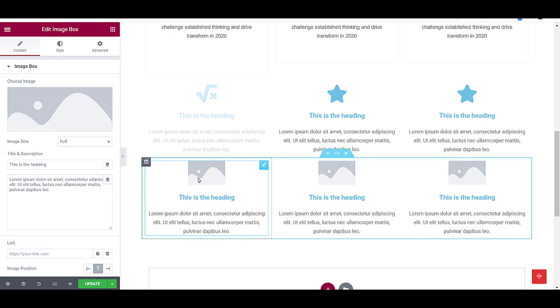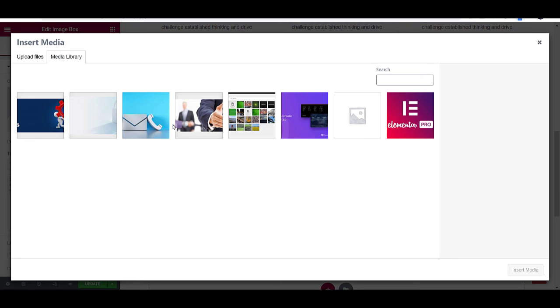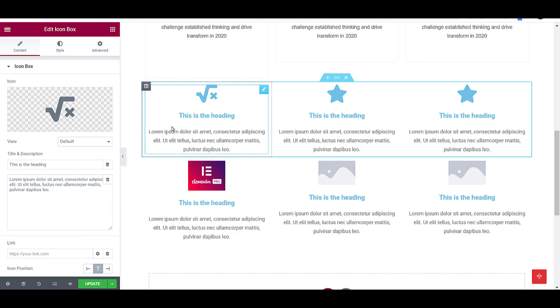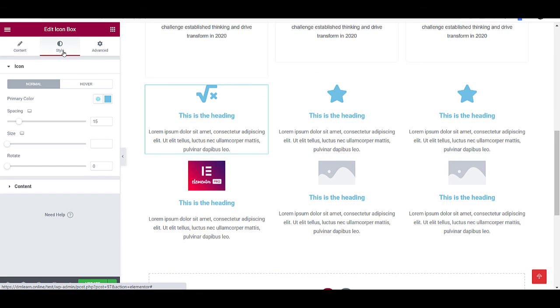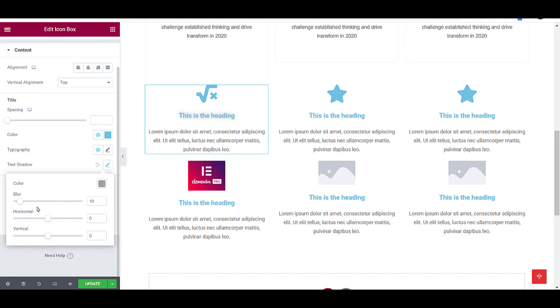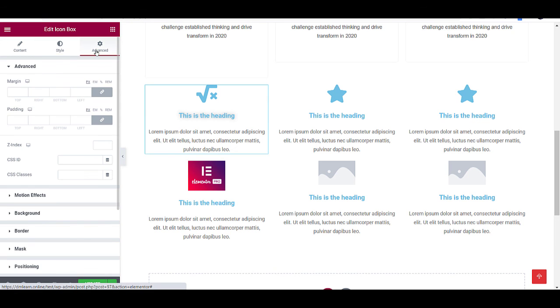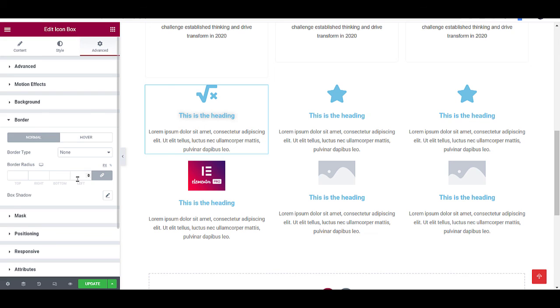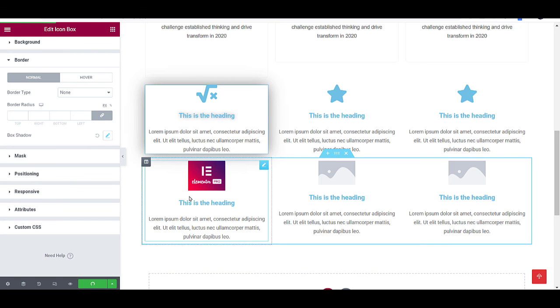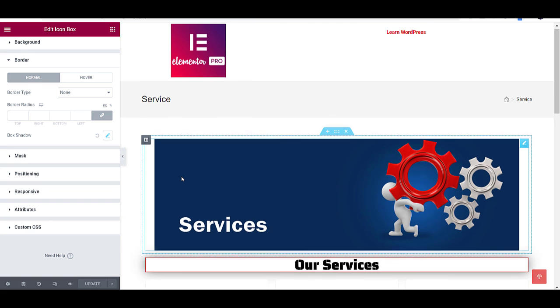And same in image, you can upload an image, any kind of image as per your need, you can see now. Okay, and if you need another kind of function, you can go to style. Okay, so in style, you can give shadow. Now see the shadow, even if you want a box shadow, you go here, you have a box shadow and just update, that's it. So this way you can create a beautiful page.